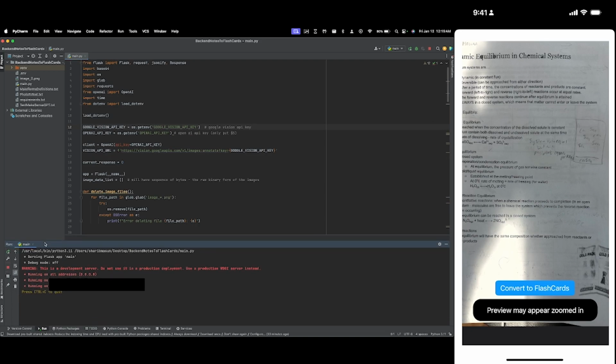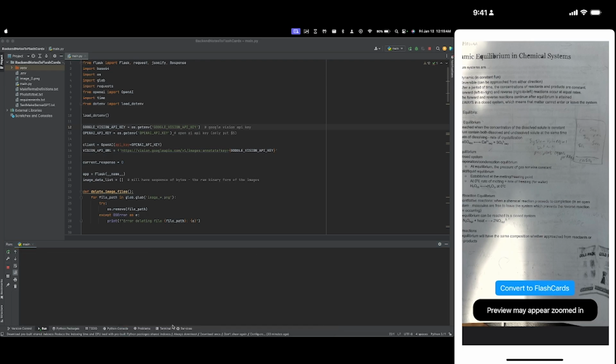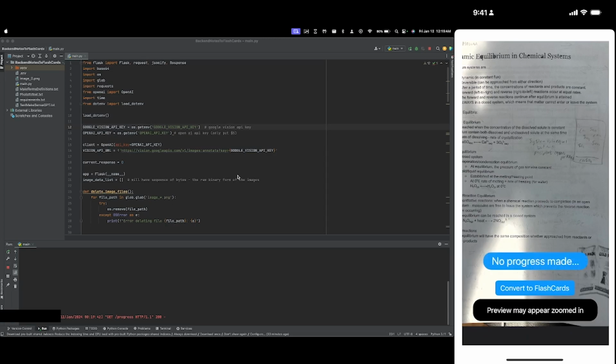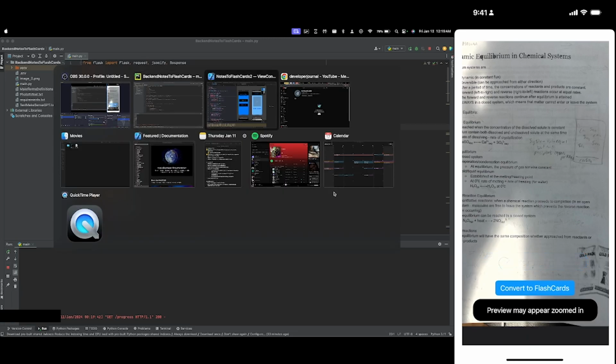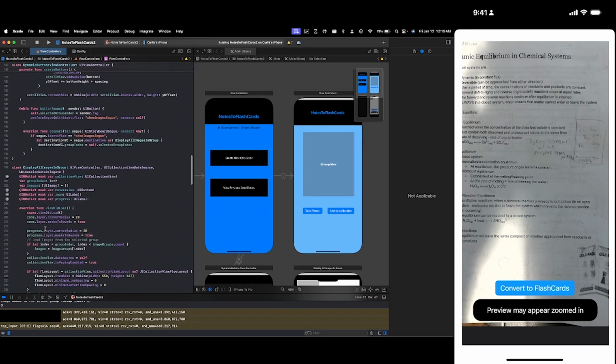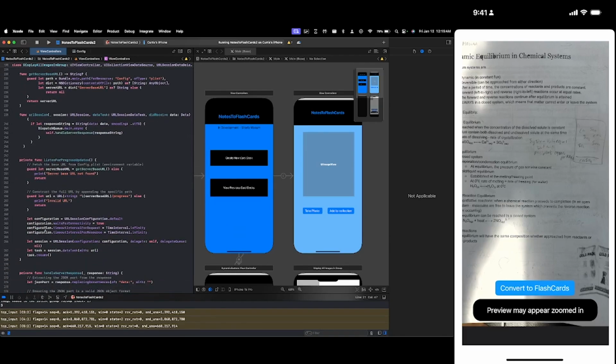How do I make it not do that? So this is just one photo. If I click, oh, now it's saying connected to the server. That's actually one thing that happens. So since it's connected to the server, it just said no progress is made. That's because I haven't clicked the button to convert it to flashcards yet. But anyway, if I convert it to flashcards,